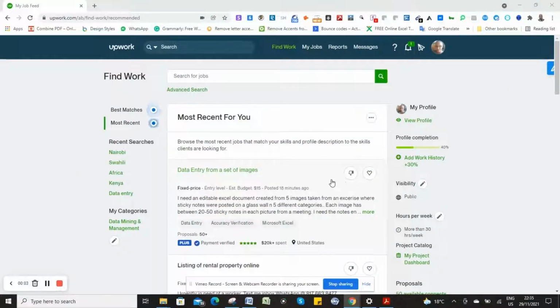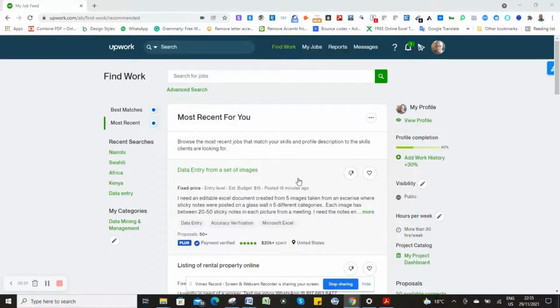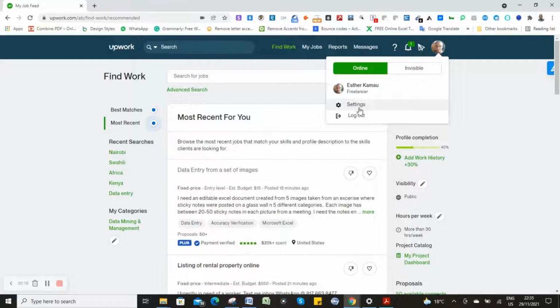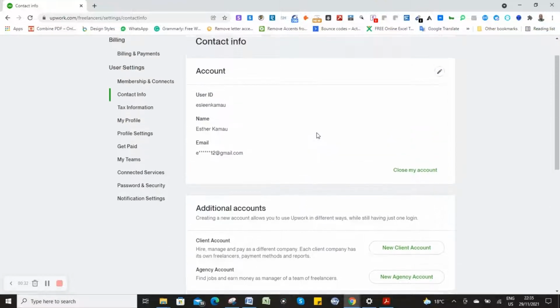So once you log in to your Upwork profile, you've already completed the first part of your profile setup. The next bit is going to the second part of your profile setup, and in this case, you'll just click on your photo, then click on settings. Remember, this is a journey towards ensuring your profile is 100% complete, and that is what we are trying to look at. So when you log into your profile,